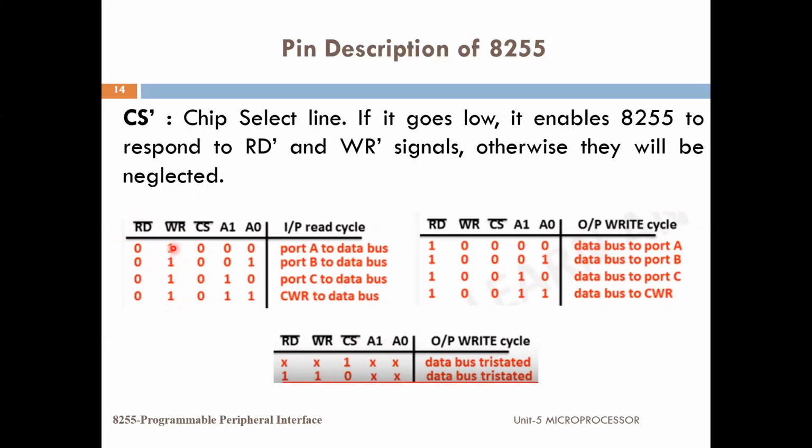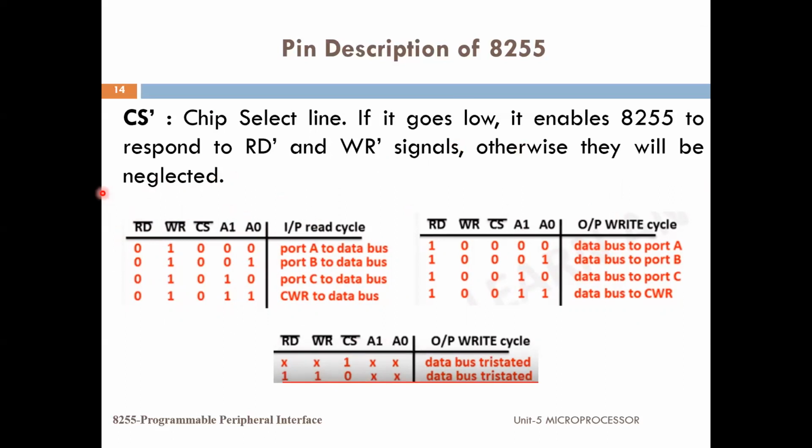So for that we have placed the value 1. And these are the address line input combinations. If 00 is there, then port A will be used, 01 port B, 10 port C, and for 11 the control word register. Now you can notice the direction of the data. As we are performing the read operation here, the data from the peripheral devices will be transferred onto the port, and from the port onto the data bus, then it will pass onto the data bus buffer, and with the help of data lines it will be transferred to the microprocessor.